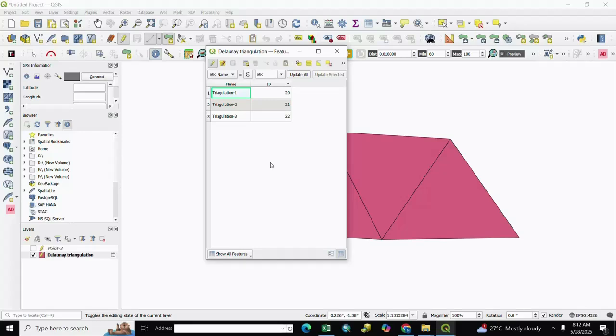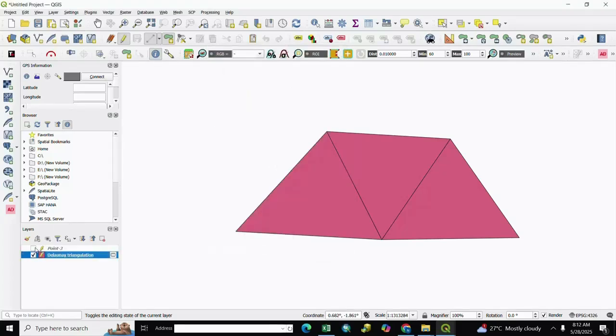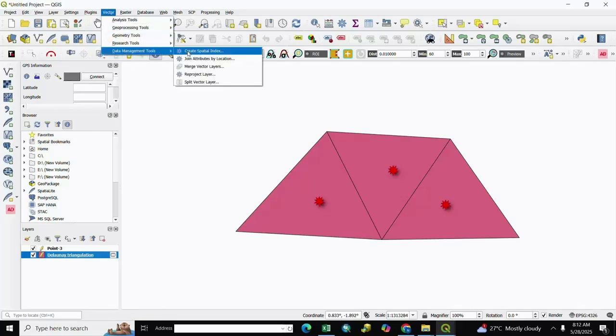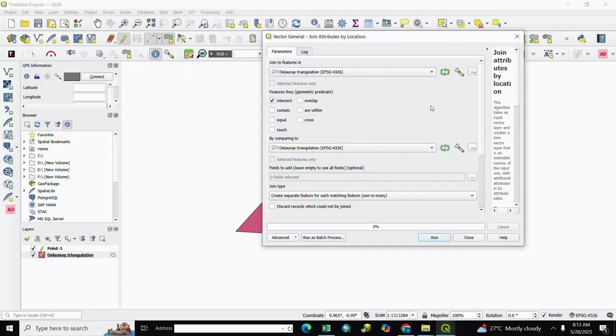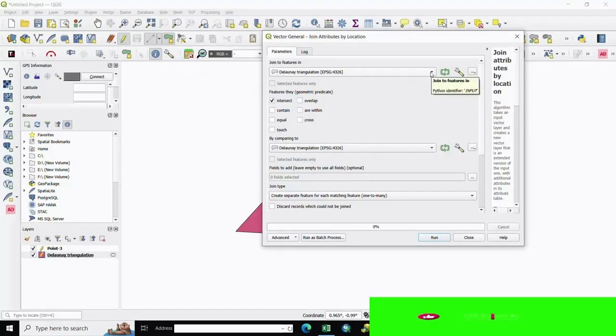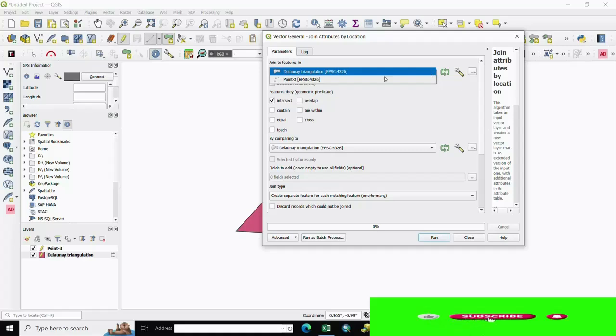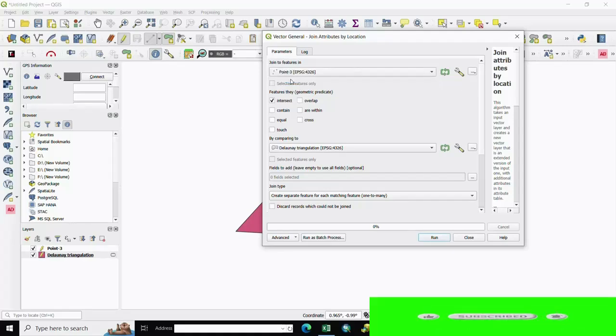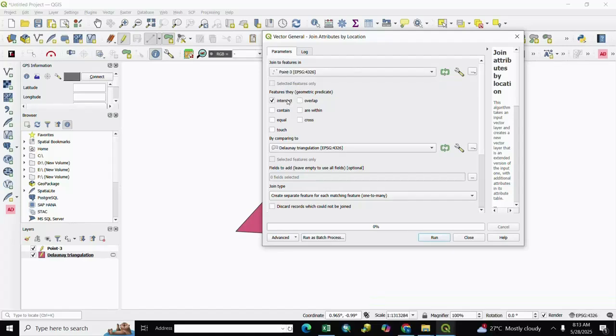We join by location. For join by location we go to Vector, Data Management Tools, then we select Join Attributes by Location, and we select here Join to features in, select the point layer, and here is the geometric predicate, meaning if you want other types of join you can select any one.